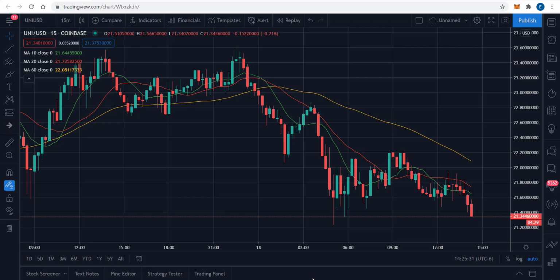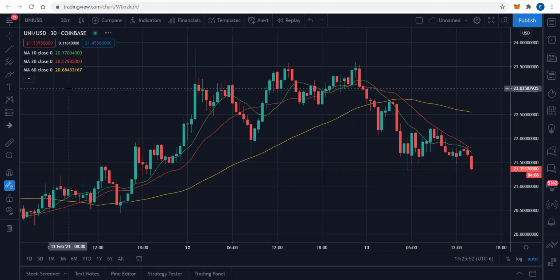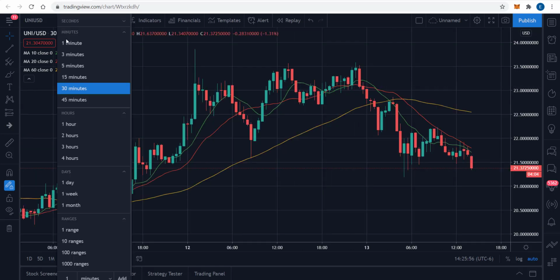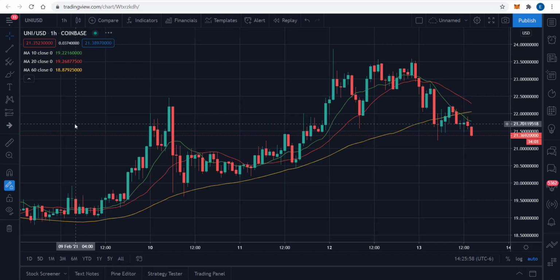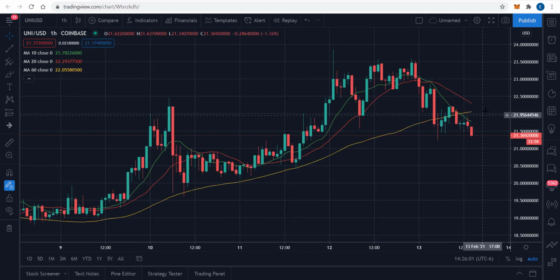And I don't know if you just caught that a trade just happened, but this market is open right now. And you see that all three moving averages are in line. So the 60-day is higher than the 20 period, which is higher than the 10 period. So certainly indicating a downward move at the 15-minute level. Let's take another look at the 30-minute level. That's the same. At the 1 hour level, there's confusion.